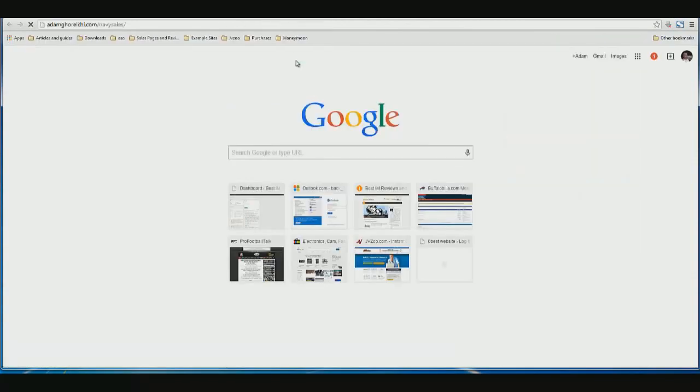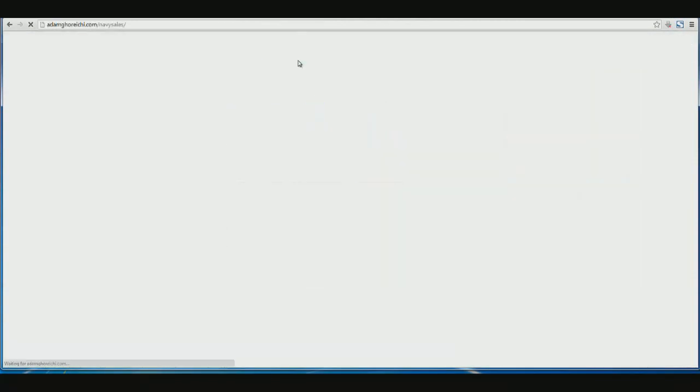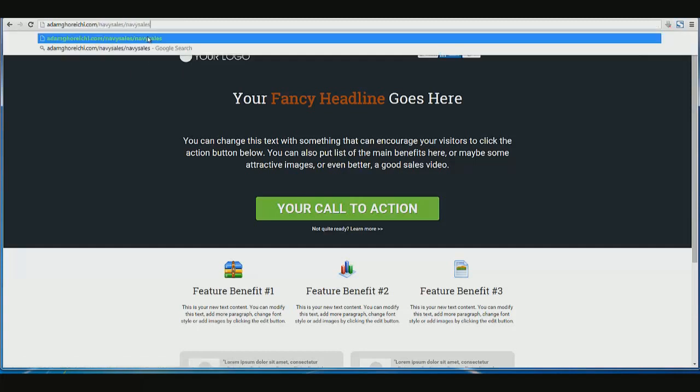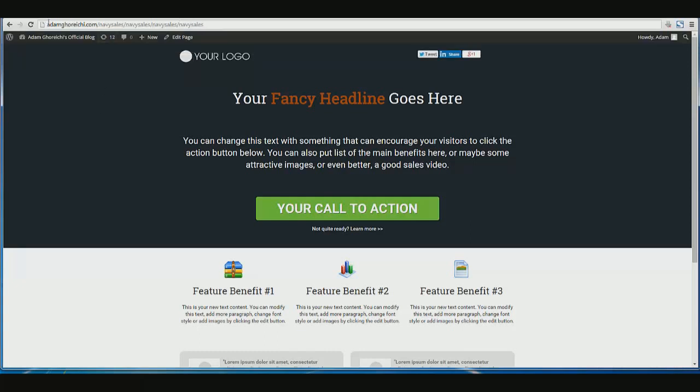But let's say we go on to that page that I've created. As you can see, it's just a blank template. But this is the address. So suppose the address was a lot longer than what you're looking at, and it was something like this or whatever. Basically, with a pretty link, what you can do is take the domain